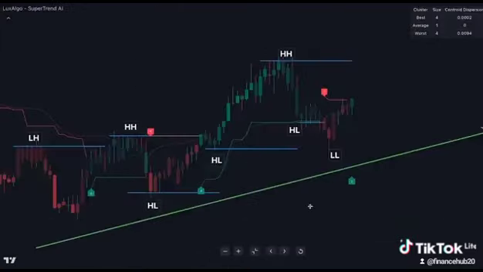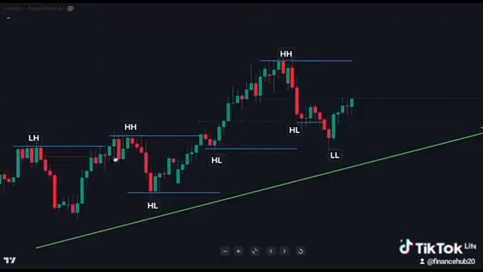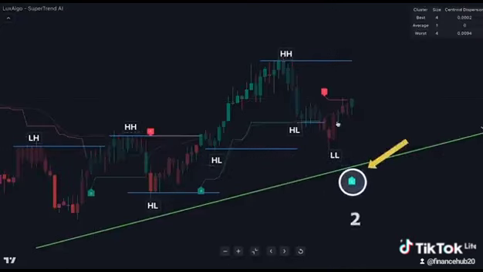For example, here we can see the market was trending bullish, but so far has failed to make a higher high and instead has made a lower low, but here we have a buy signal. The buy signal has a